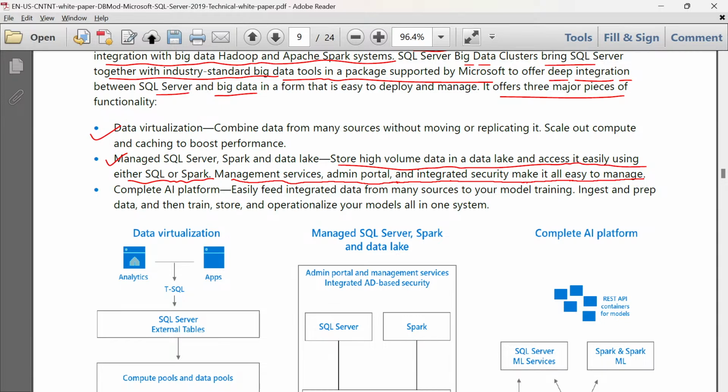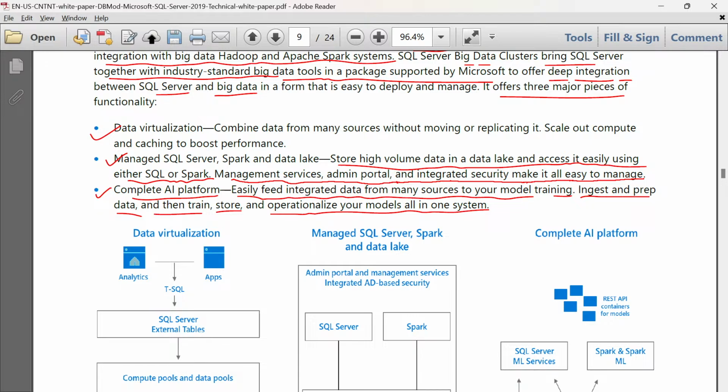And the third thing is a complete AI platform. See, Microsoft is focusing on AI and ML. How? The AI platform easily feeds integrated data from many sources to your model training: ingest and prep data, and then train, store, and operationalize your models in one system, an all-in-one system.